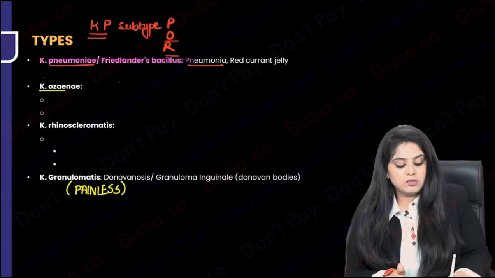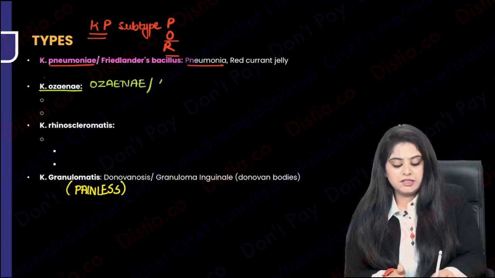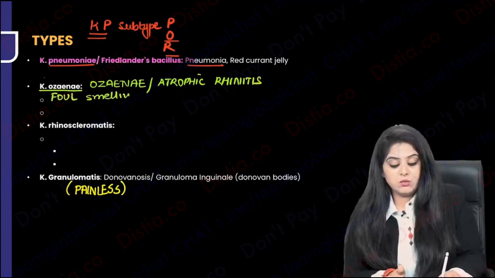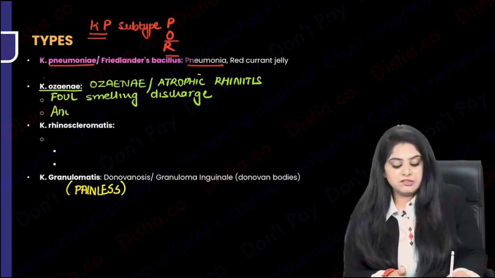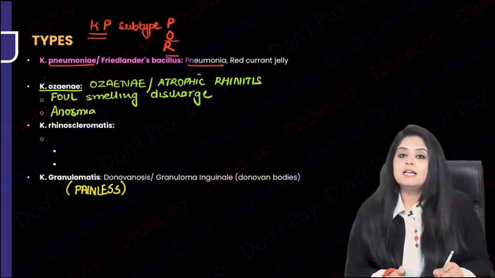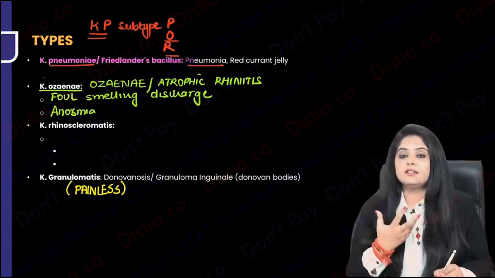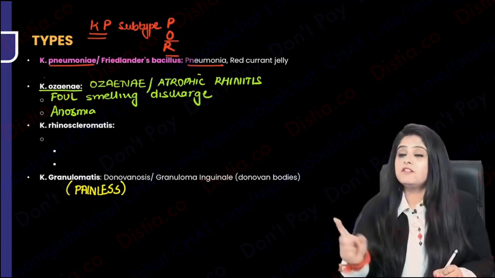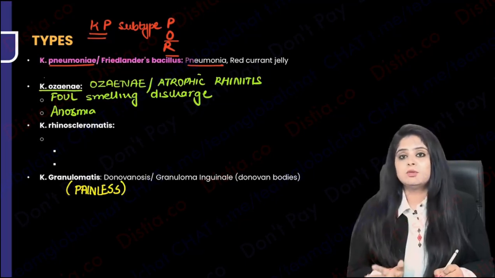Now we come to Klebsiella ozaenae, and ozaenae, for obvious reasons, is going to cause a disease called ozaena only, and ozaena is nothing but atrophic rhinitis. This is very, very interesting because in this, the patient has a foul smelling discharge, which means that a person around him or her will be able to smell that discharge, but the patient himself or herself has anosmia. Anosmia means the patient will not have any sense of smell. This is known as merciful anosmia, which means that he can't smell anything, but everyone around him is getting a very bad smell. That is Klebsiella ozaenae.